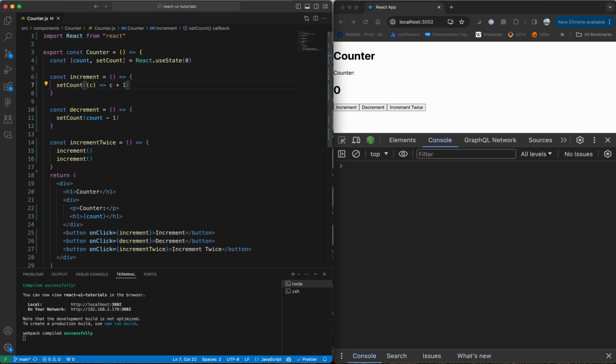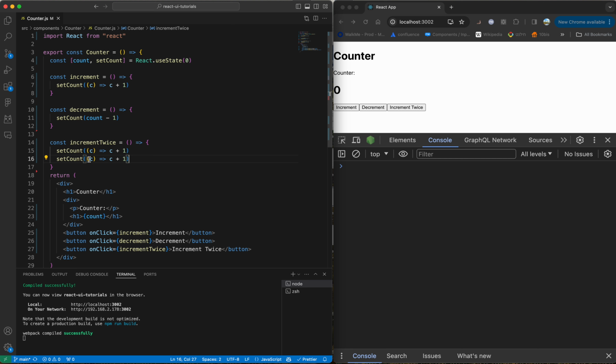So in this case, what is happening is it will register. Let's take it here again. So it will register first time, okay, previous value is what? 0 plus 1, I'm setting to 1,